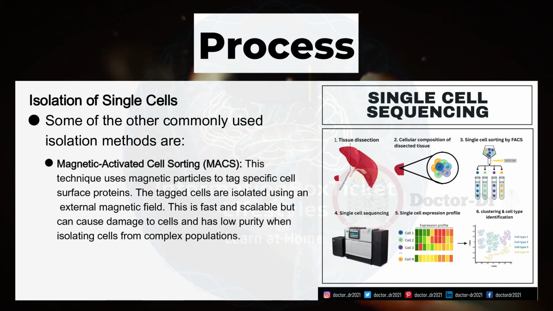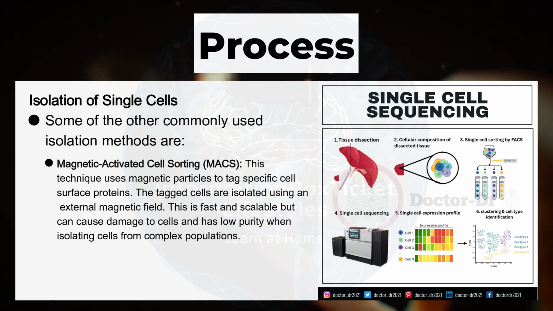Magnetic activated cell sorting, MACS. This technique uses magnetic particles to tag specific cell surface proteins. The tagged cells are isolated using an external magnetic field. This is fast and scalable, but can cause damage to cells and has low purity when isolating cells from complex